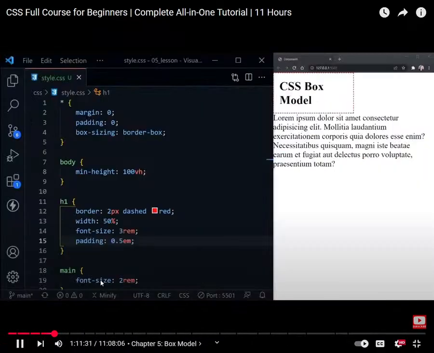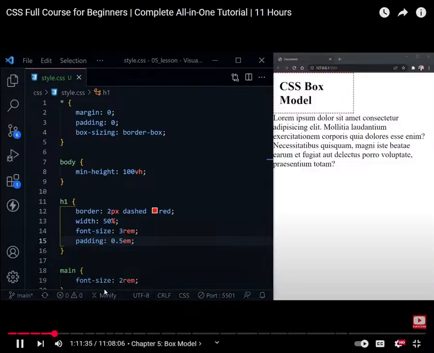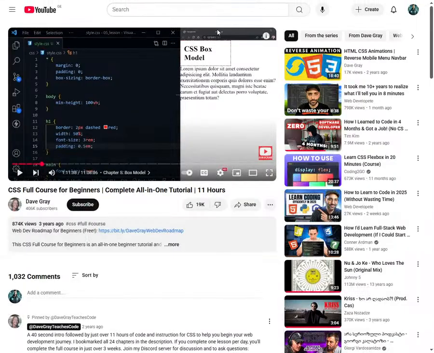Let's move on to the CSS box model. Today you'll learn that everything in CSS is a box, but before we finish, I'll show you how to turn a box into a